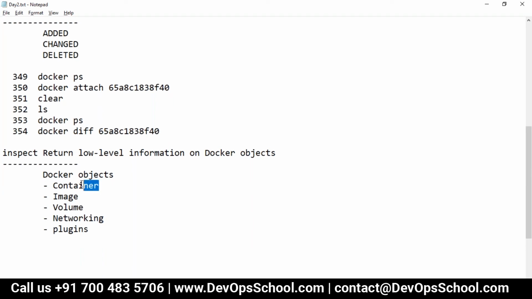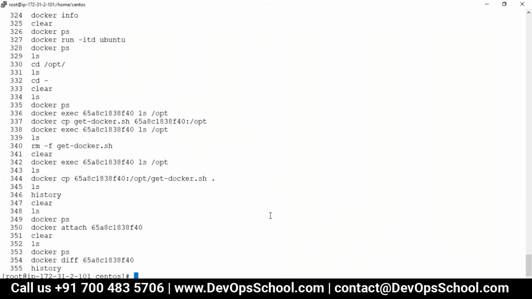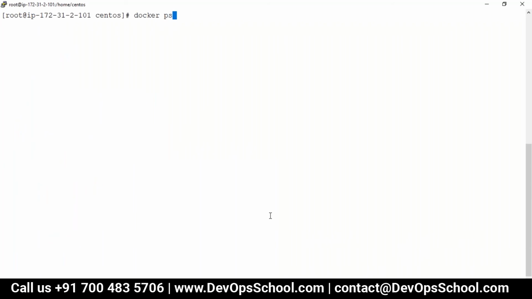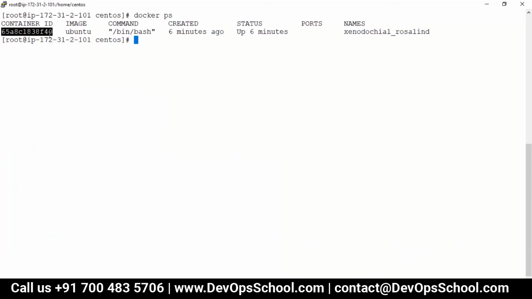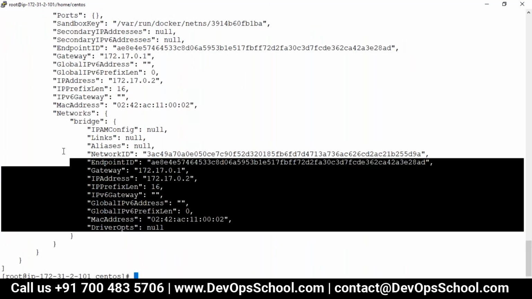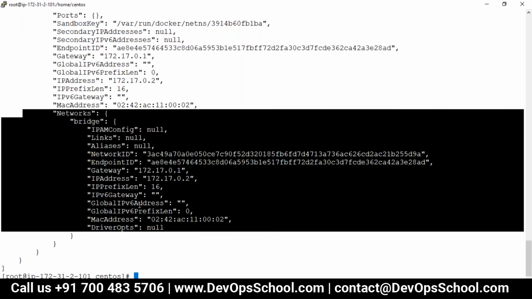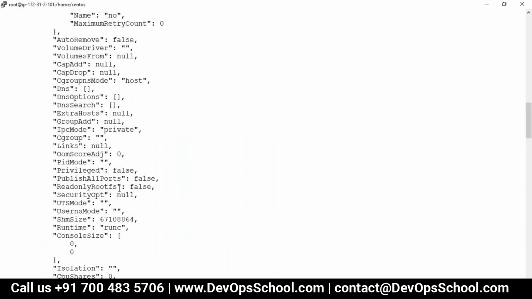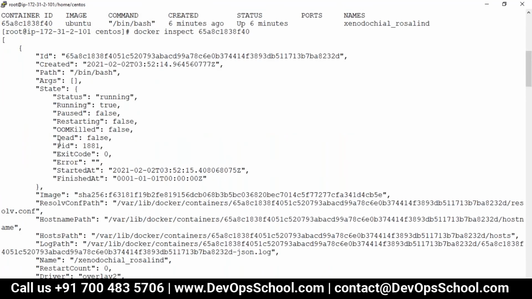Okay, so let's get the information. So docker ps, then docker inspect and the container ID, and you see here lots of information is available for the containers. And one more thing I would like to stress here: whether you understand it or not, all the fields here and the values, please go through that, please read it, because sometimes if you don't understand now, but as you slowly get comfortable, you'll start understanding and recalling, saying, okay, I have seen this somewhere.